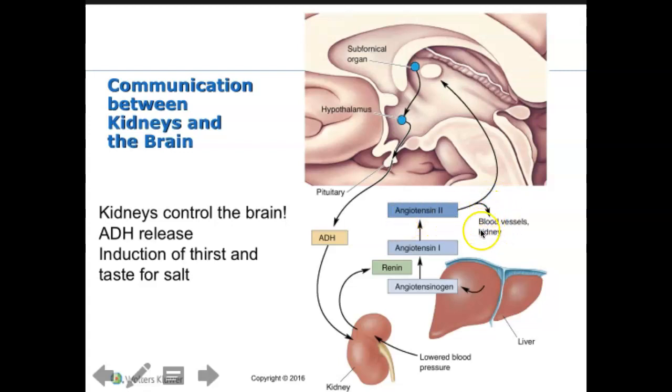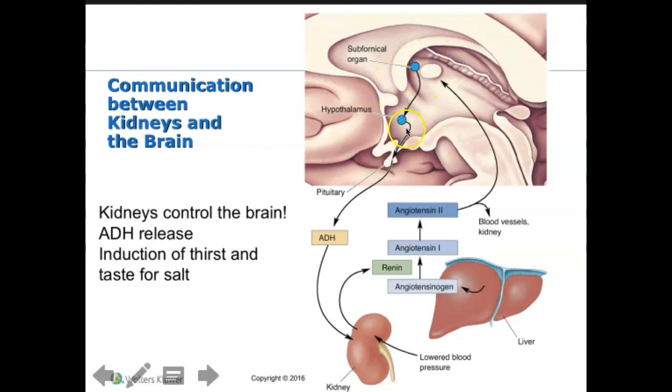Now, the second function of angiotensin is going to be to act on the kidneys to increase the removal of water from the urine as it is collected in the distal convoluted tubules. So this is the second thing that's going to happen. More water is going to be conserved, and the urine that's excreted is going to be much more concentrated. And then finally, the angiotensin II is going to